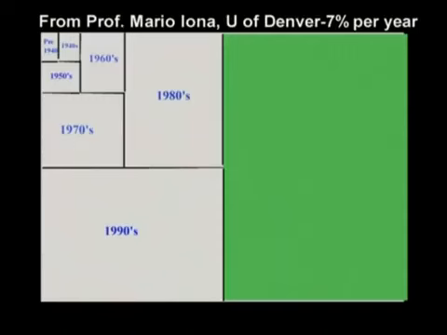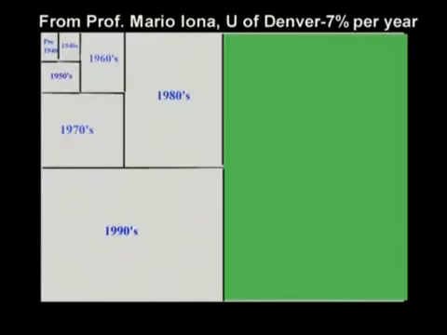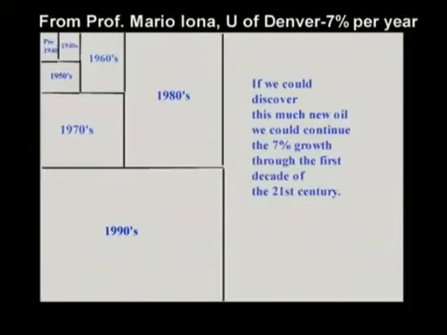Now, if that 7% had continued through the 70s, 80s, and 90s, there's what we need. But that's all the oil there is. Now, there's a widely held belief that if you throw enough money at holes in the ground, oil is sure to come up. Well, there will be discoveries in new oil. There may be major discoveries, but look, we have to discover this much new oil if we would have that 7% growth continue 10 more years.